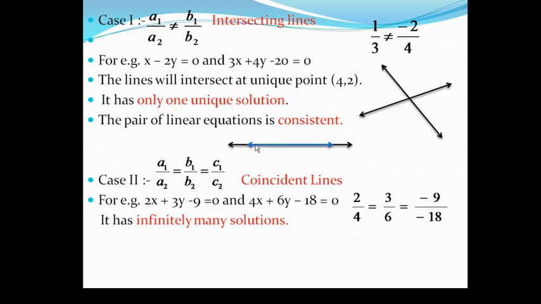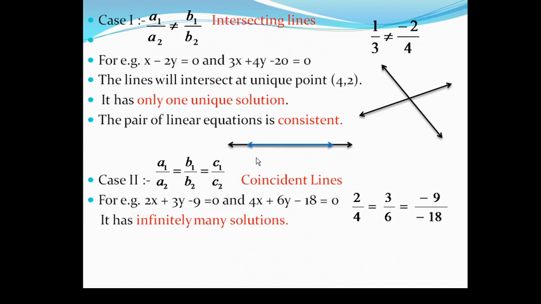See, this is the line. So two lines are there, since in each and every graph we will receive two lines. So see here, this line is coincident with this line. That means both the lines are one above the other. And what I told you, that the point at which both the lines meet each other is the solution.